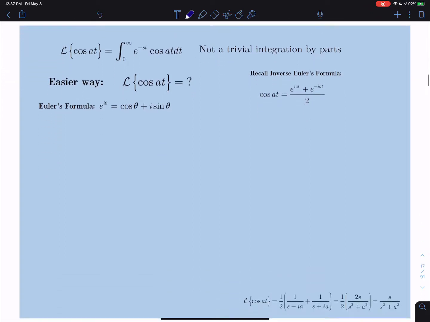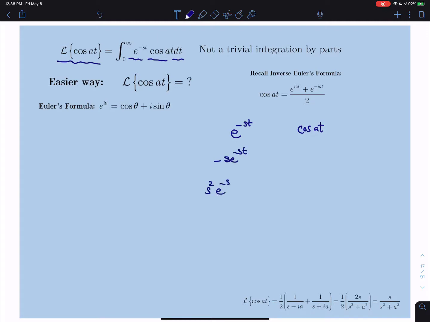So I'm looking at finding the Laplace transform of cosine of at. Now by definition, Laplace transform of cosine of at is the integral from 0 to infinity of the kernel multiplied by the function dt. Now, that is not a trivial integration by parts. Even if you use a tabular method and you write e to the minus st and cosine of at, and then take derivatives of e to the minus st, so minus s e to the minus st,